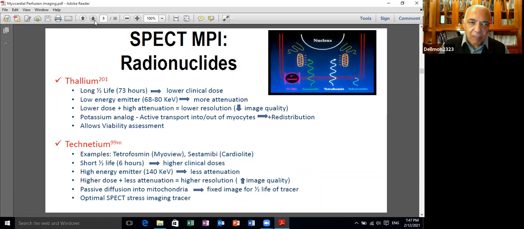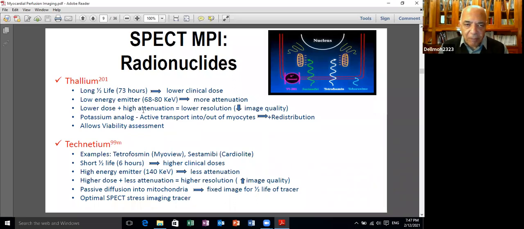So let us talk about the tracers. Thallium has a long half-life. That's why the irradiation is much higher with thallium. The half-life of thallium is 73 hours, 3 days, in contrast to the short half-life of technetium, which is just 6 hours. But this is a disadvantage. But another disadvantage is that the energy value of thallium is low. It's much lower